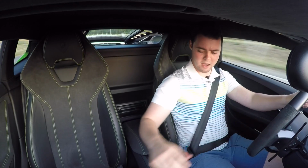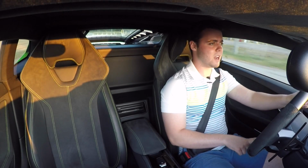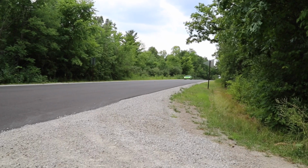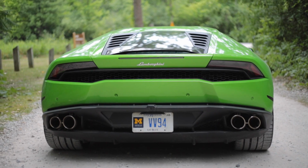Automatic mode is something I've used only a couple times, but for the sake of this review, I'll talk about it because it's actually kind of impressive. You can't activate it while in Corsa mode, something I use a lot, but in Strada or Sport you can. When in Sport mode, you click the M button if you're already in manual to shift back into automatic. And it's actually